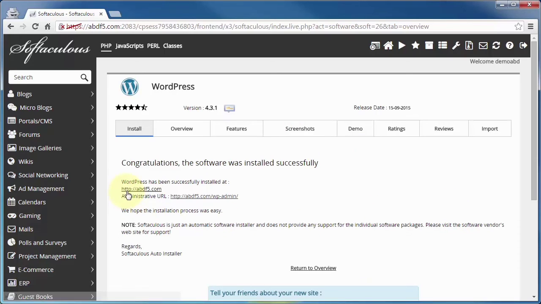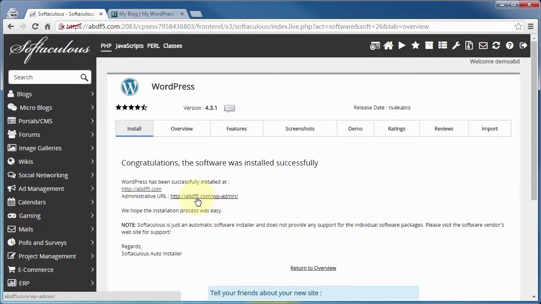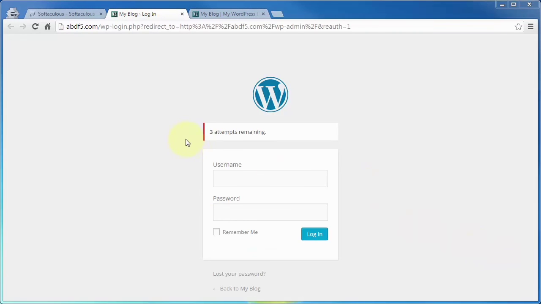And we're good. Click on this link here to actually see the site. That's the current theme that it's on, and I believe that's the default 2015 theme. And if you want to log into the backend area, click on this link and have your username and password handy. And you'll only get this warning popping up if you elected to install that plugin Limit Login Attempts. So at this point, we want to go ahead and put in our username and password,